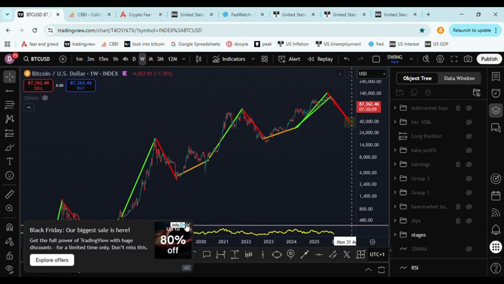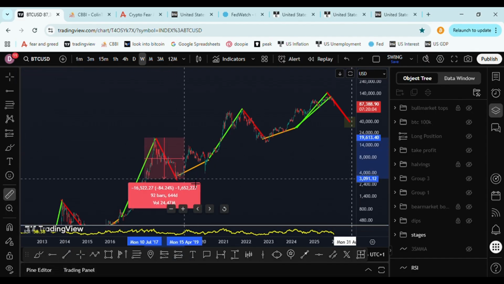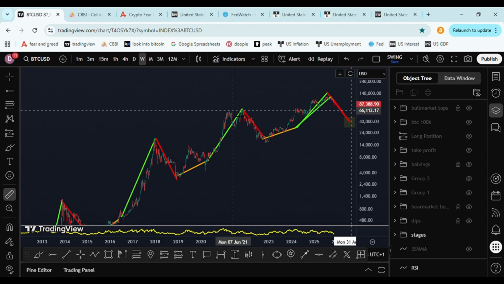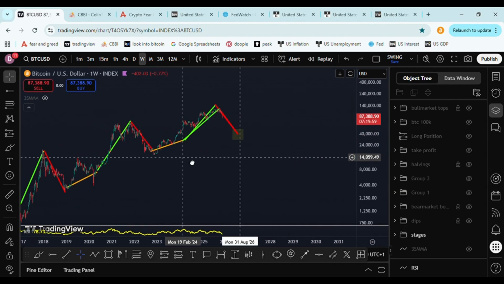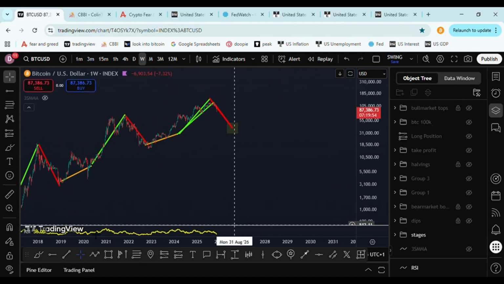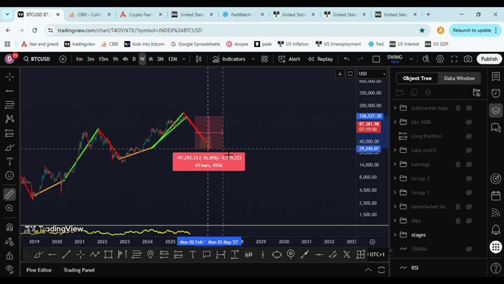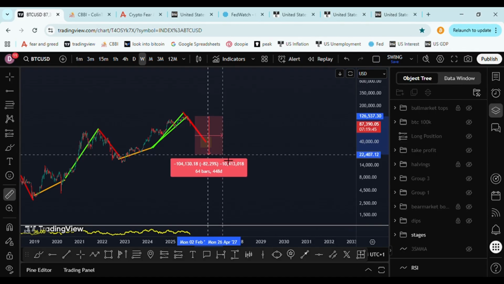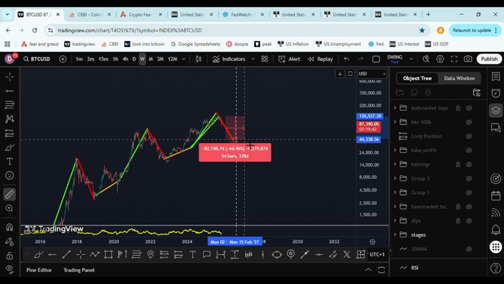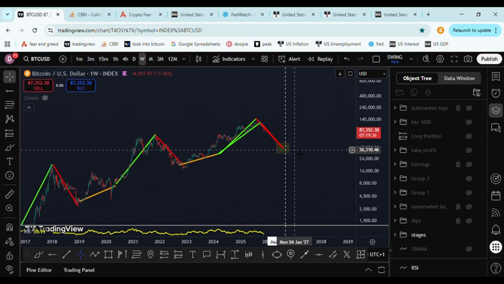Why? Because if we measure the bear markets from last times, this bear market was minus 80%, 85%. This bear market was minus 76%. This bear market was also minus 80%. So if you get a bear market from 125k of 80%, that would be around the 30k. 80% would be 20k, but I don't see that happening. I think we're going to get a 60 to 70% bear market, so that would bring us to the 30k level. So that's where the levels come from.